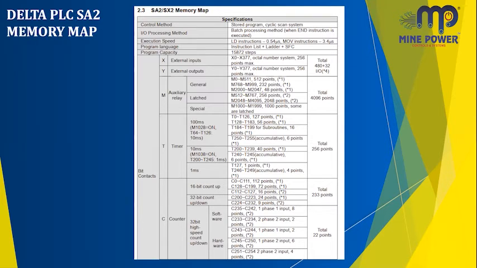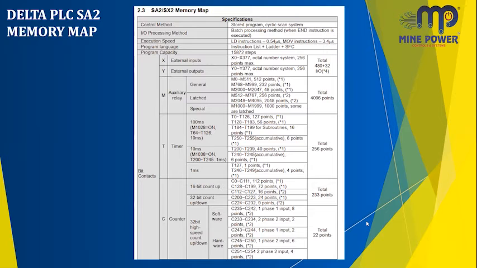For 100 milliseconds you can use these register values, for 10 milliseconds you can use these register values, and for 1 millisecond you can use these register values. Total points about 256 points you can use for the timer.